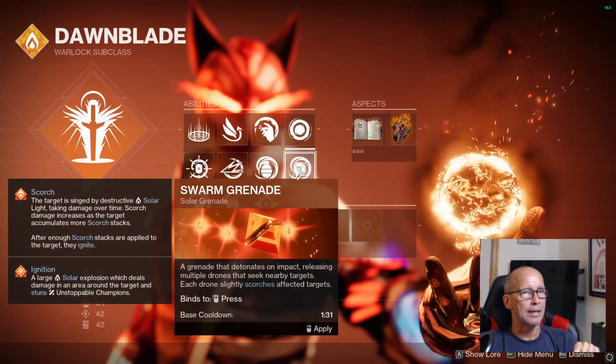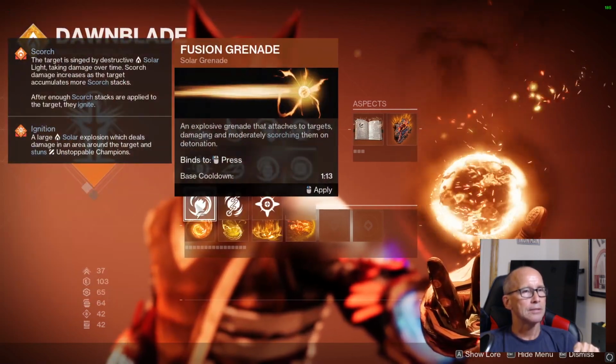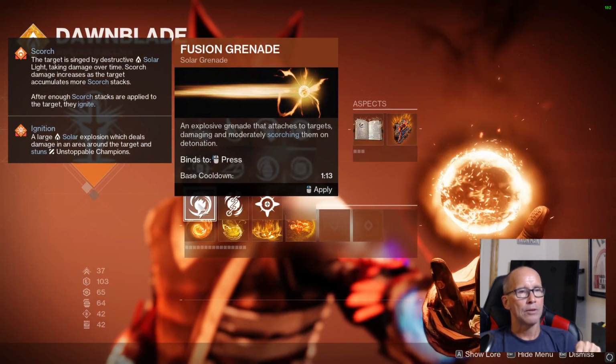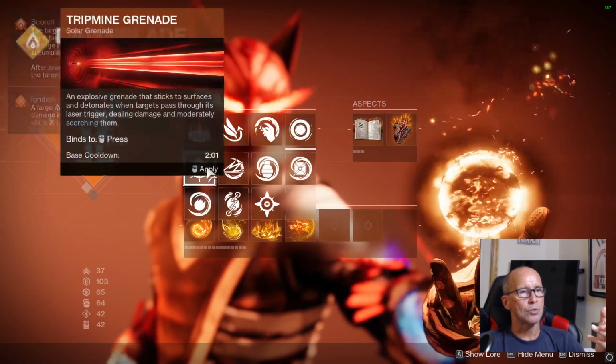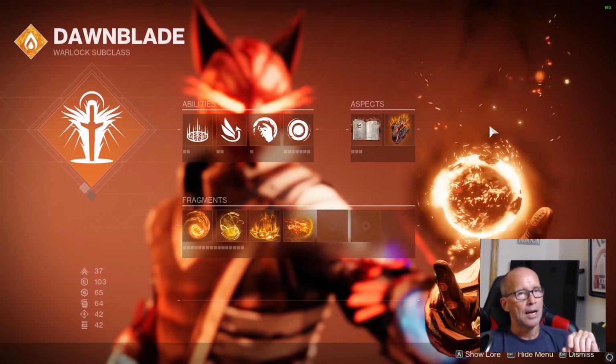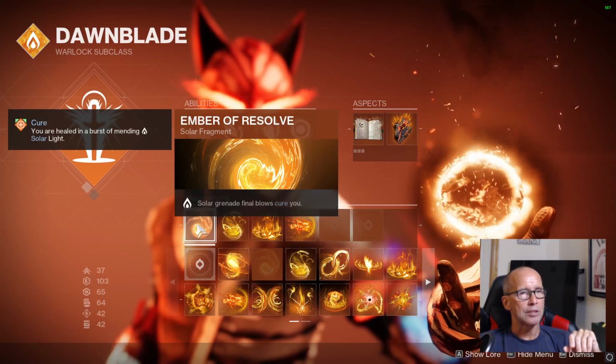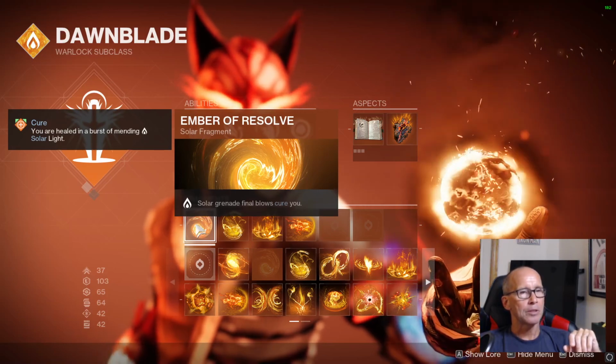Now that I think about it, I might go with something that has a, yeah, okay, Fusion Grenade, for instance, has a shorter cooldown. It's something I'll have to think about. I could change. The fragments: Ember of Resolve, Solar Grenade final blows cure you,